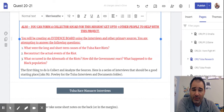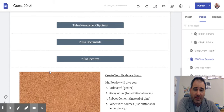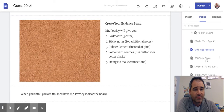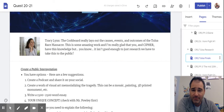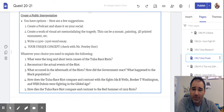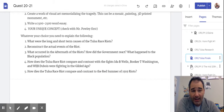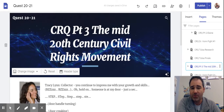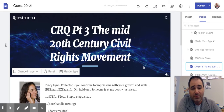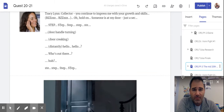They're going to create an evidence board based on the Tulsa massacre interviews and then some of the newspaper clippings. And then this ordeal is going to be completed by taking that corkboard and creating a public interpretation, something that can expand beyond the classroom. And then once they've done that, we're going to start the Ascension. So they've reached the lowest point, they've done the most difficult task, and now they're going to move into this third part here, which is,